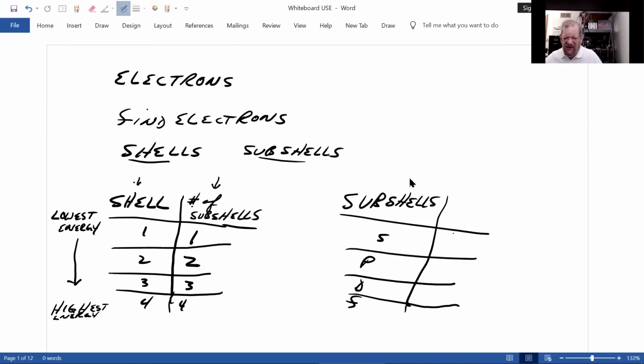Now, it's important to know the maximum number of electrons you can put in a subshell. S is 2, P is 6, D is 10, F is 14. Now, these two tables,